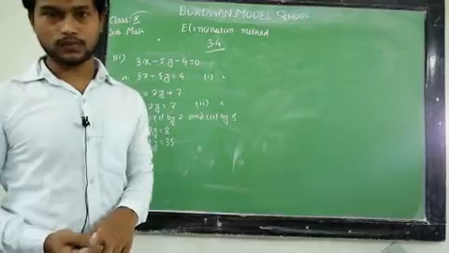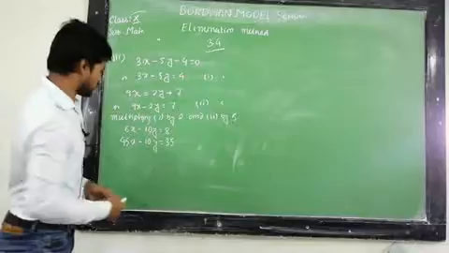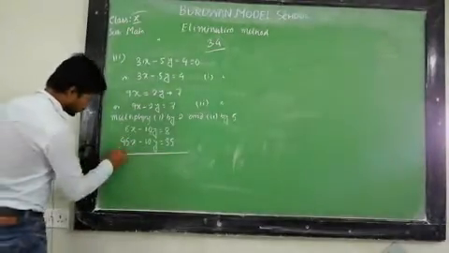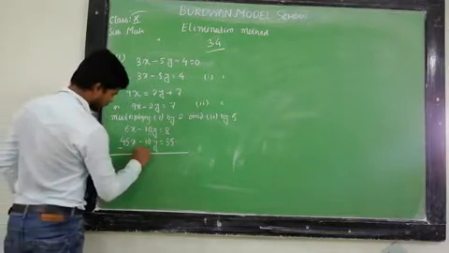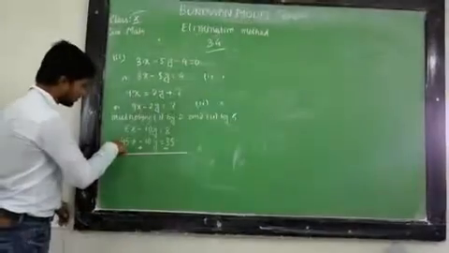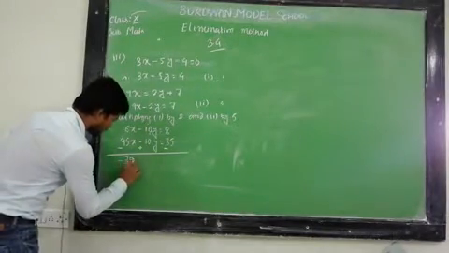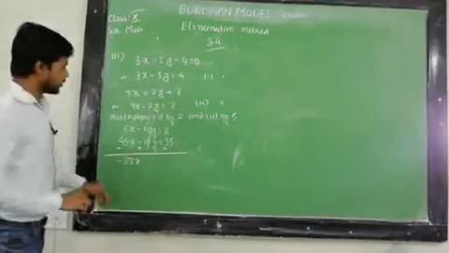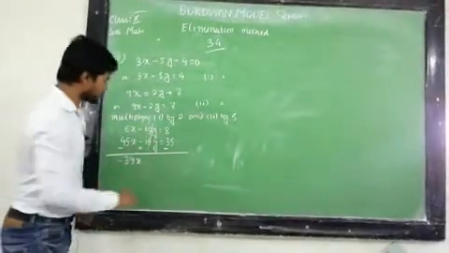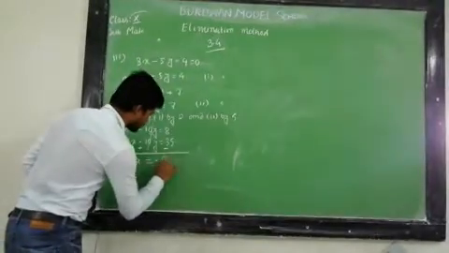Okay. Now look, in this equation and in this equation, the coefficients of y are the same, and they have the same sign also. So the rule is, if the signs are the same, then we have to subtract. So subtracting we have, this sign will be changed, that will be minus, that will be plus, and that will be minus again. So plus 6 minus 45, that will be minus 39x, and now minus 10y and plus 10y will cancel each other, and here 8 minus 35, that will be minus 27.